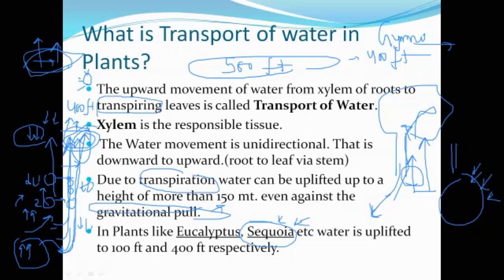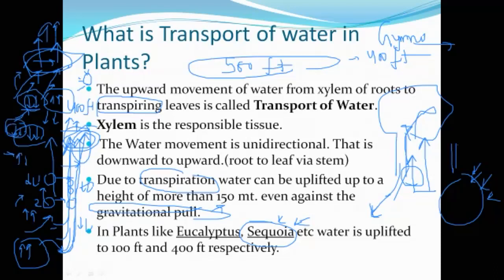Since there is no water, they will demand water from the stem. So the water from the stem will be transported. Now the stem has less water concentration because it has donated its water to the leaf, so the stem will take water from the root. Similarly, the root will transfer its water to the stem, and the stem, now having water, will transfer it to the leaves. Finally, the root has low water concentration because it has transported all of its water to the stem and the leaf, because of the continuous state of transpiration. So roots finally acquire water from the soil, because roots have low water potential.